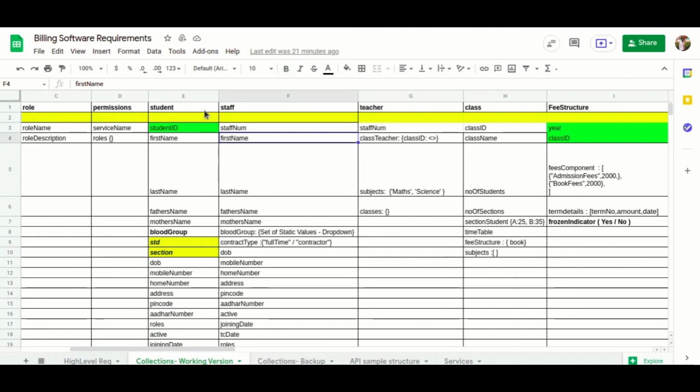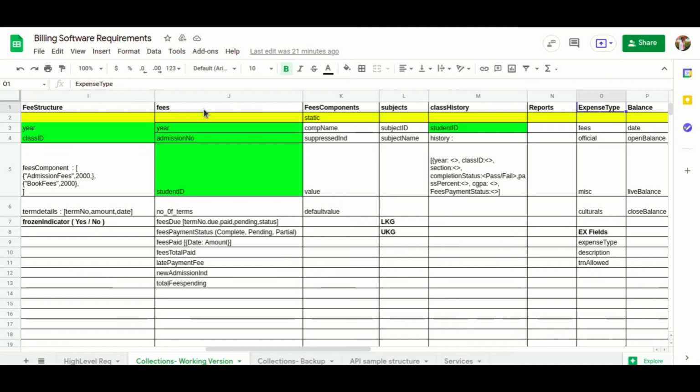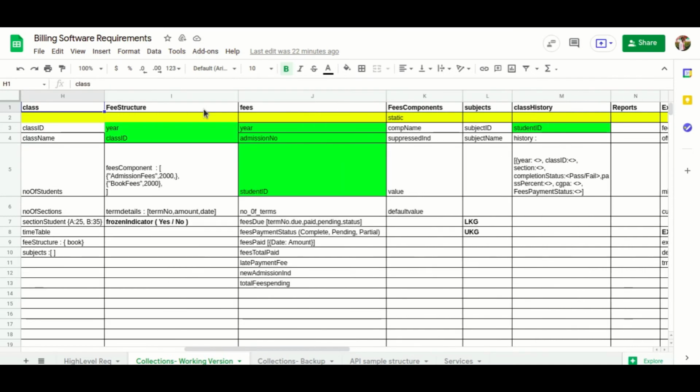Same like we are maintaining different collections: students, staff, fee structure, fees, component, expense type and expense. Clearly we will see in the project part how the collections are created, how the details are stored, and in which format they will be stored.